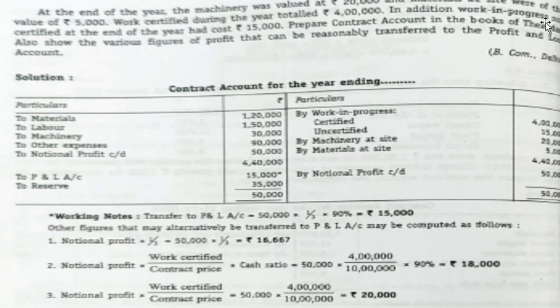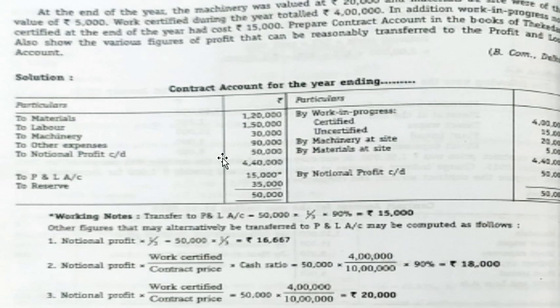Next, materials at site were of the value of rupees 5,000. So materials at the end of the year, or materials at site, valued at 5,000. Now when we total up our credit items, work in progress, machinery at site, and material at site, it gives a total of rupees 4,40,000, which is higher than your debit items, that is all your expenses and your assets. So the difference is in your debit column. When the difference is in your debit column, it is usually your notional profit. So your notional profit is 50,000.